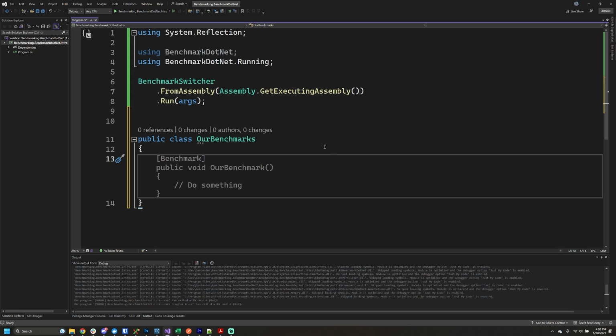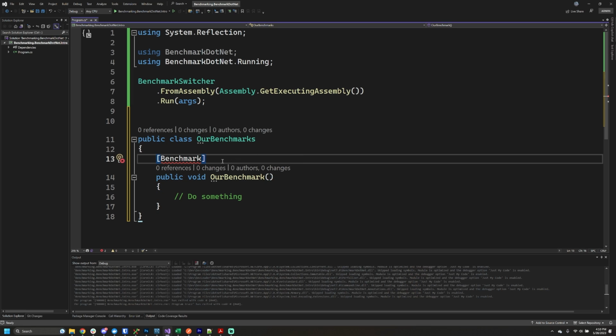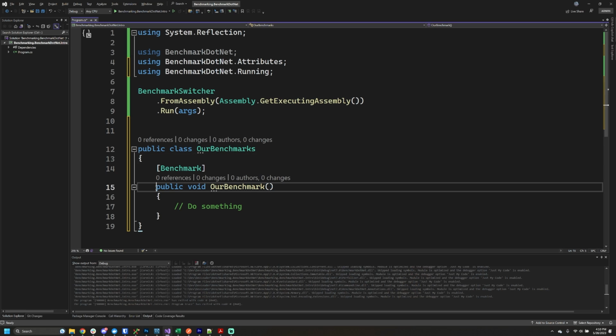And if you see, my autocomplete is actually suggesting exactly what we would want to do to be able to create a benchmark method, and like the output of that console said, we need something just like this where we have a benchmark attribute, and we just need the proper using statement for that, which I'll add at the top now, and then a public void of our benchmark. So you can name this whatever you would like, and it just has to be public and have this attribute on top of it. So currently our benchmark won't do anything at all, but let's go ahead and run this